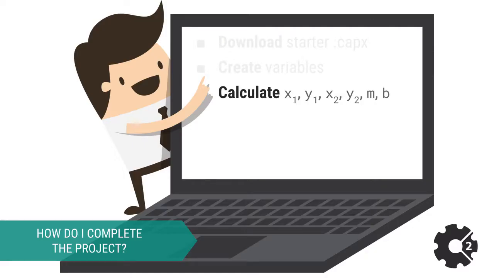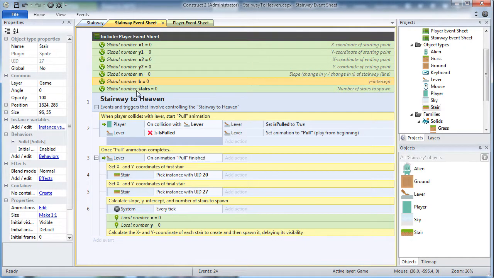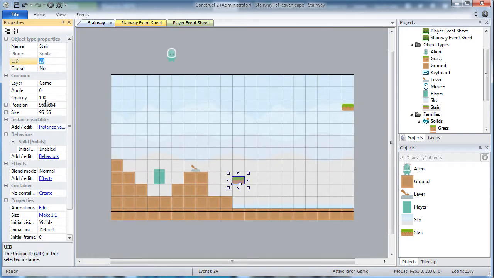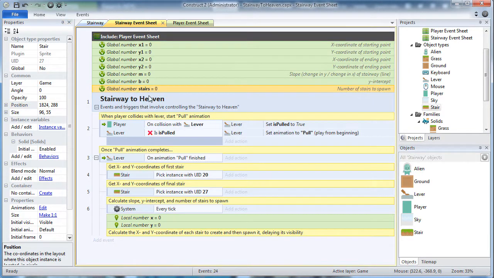Now it's time to perform some calculations that will help us build our stairway. At this point, we should have a bunch of global variables at the top of the event sheet, and we are ready to use Construct2's event system to capture the unique ID and position of each stair. Notice how there's one event group called Stairway to Heaven. Within it is a trigger that fires when the player collides with a lever. This collision causes the pull animation to play, moving the switch. When the animation is finished, we have an opportunity to capture information about our first stair, the one whose unique